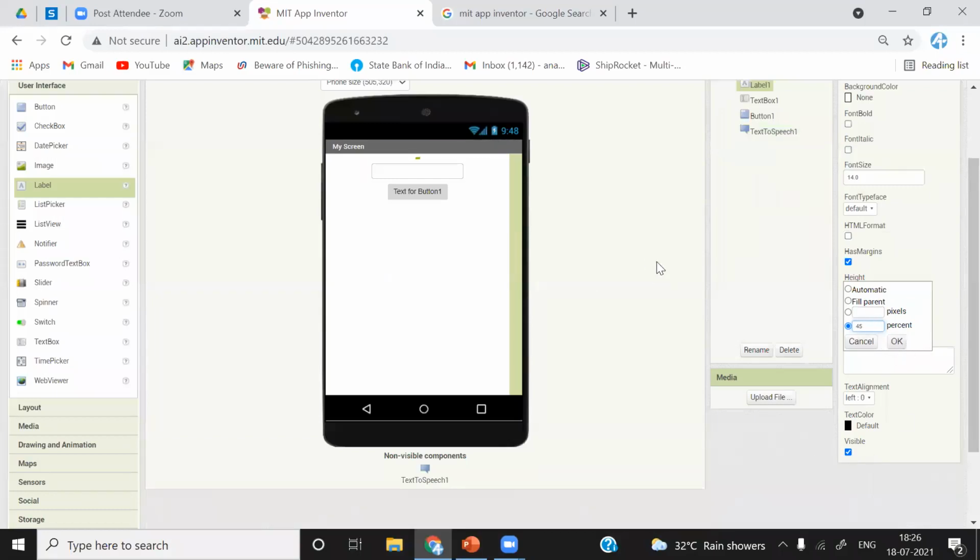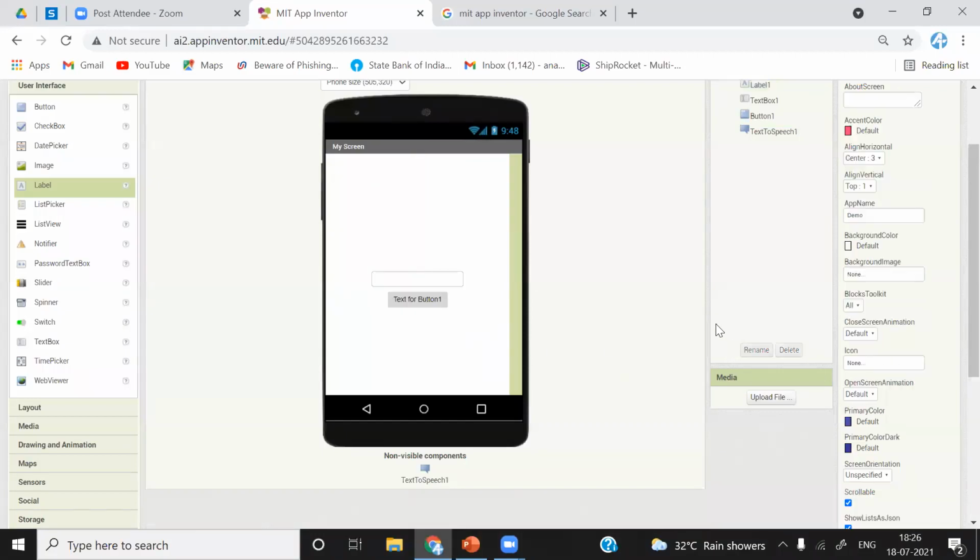To align this button and the text box, I took this label, put it over here, increased its height, and removed the text inside it. This component is non-visible, and our components are in the center. We are not able to select this center option, so I have done it manually.